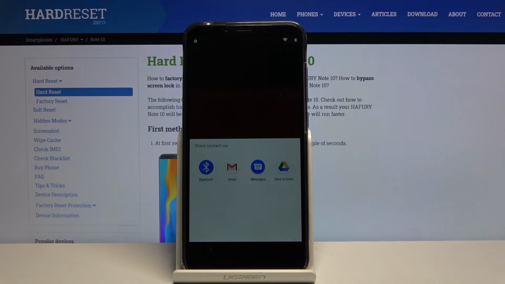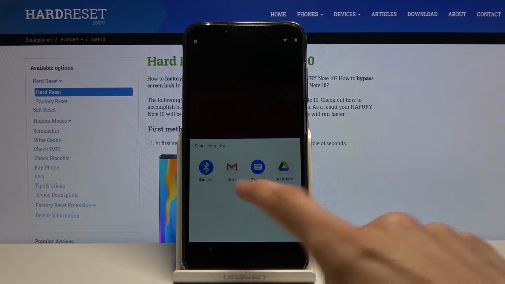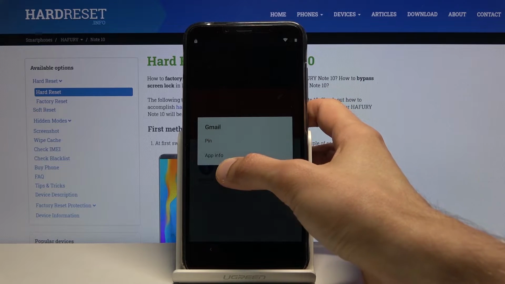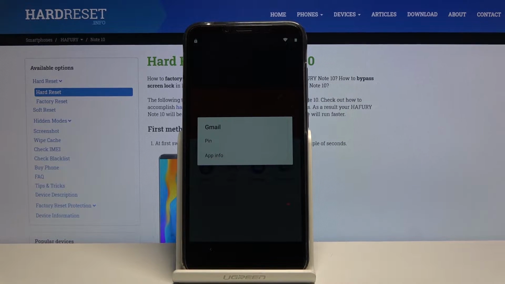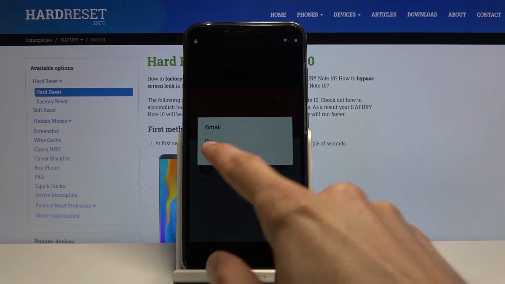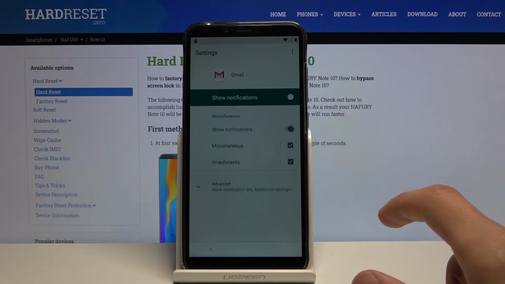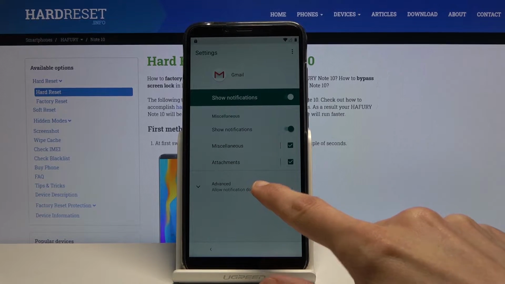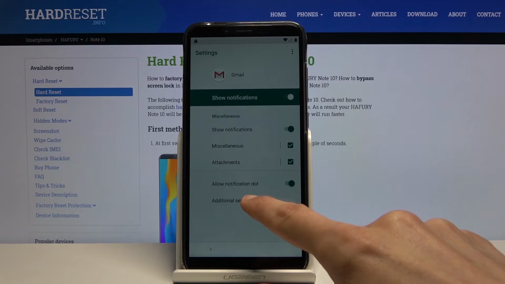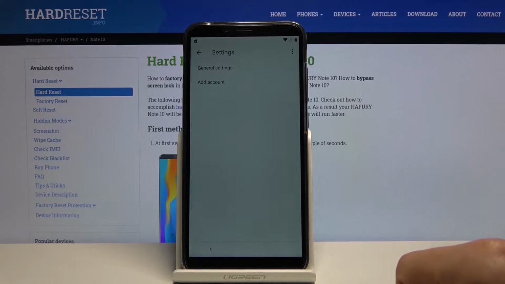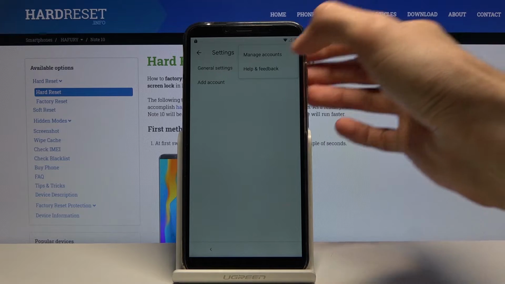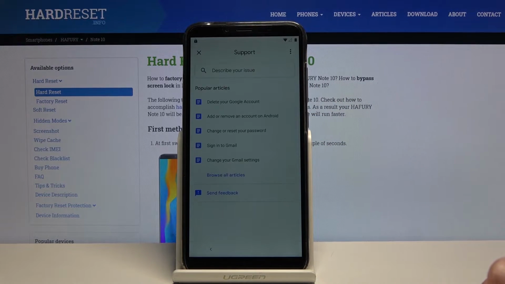This will bring up different share options, but from here what you want to do is hold the Gmail option. Make sure you hold it. This will bring up this window right here, and from here you want to go to app info. Then we are going to go to notifications, advanced, and additional settings in the app, and then tap on the three dots, go to help and feedback, and